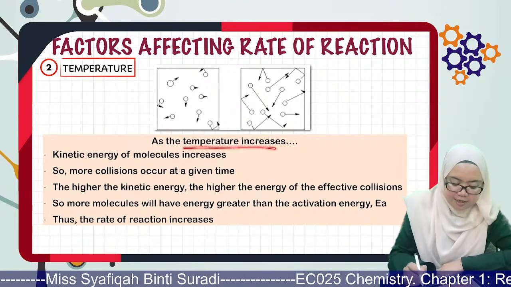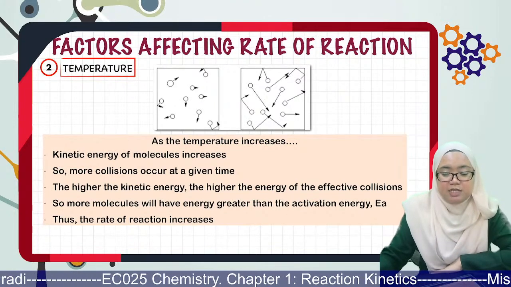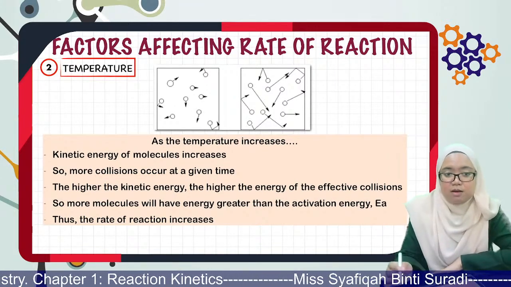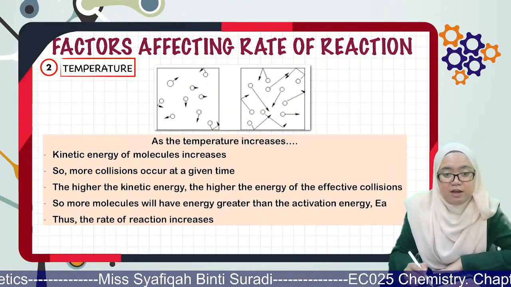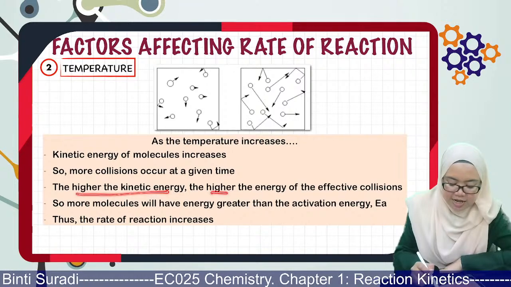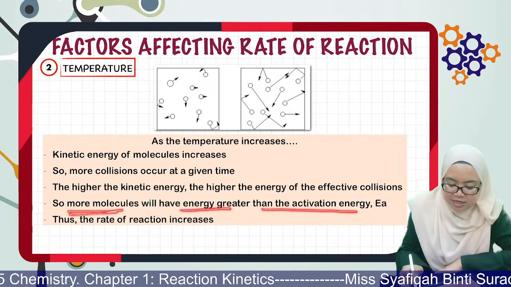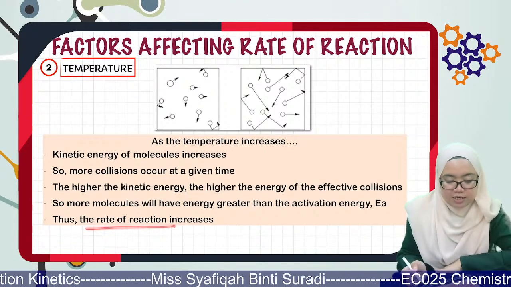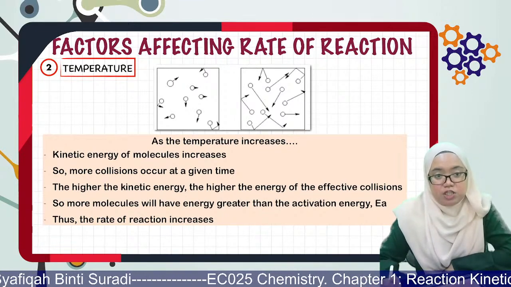As the temperature increase, the kinetic energy of the molecules increases. Okay. So bila kinetic energy of molecule increases, more collision will occur at a given time. Okay. Bila ada banyak lagi, ada more collision, kita boleh kata dia akan effect dekat the number of effective collision. So the higher the kinetic energy, the higher the energy of effective collision. So more molecules will have the energy greater than the activation energy. Okay. So thus the rate of reaction increases. Alright. So kita boleh explain factor temperature ni menggunakan